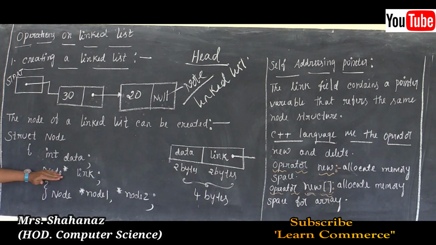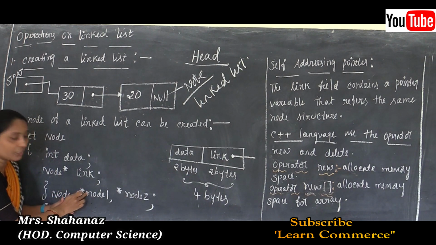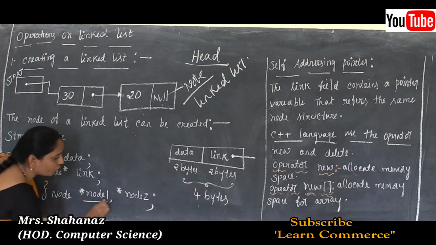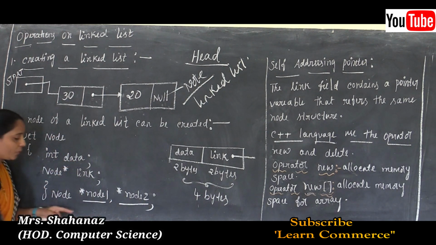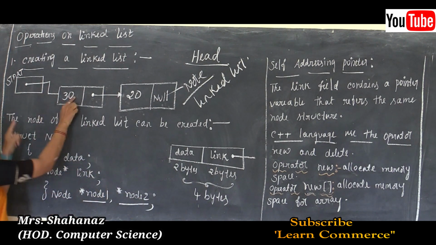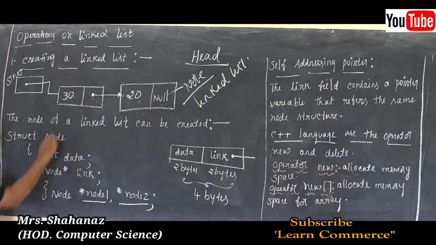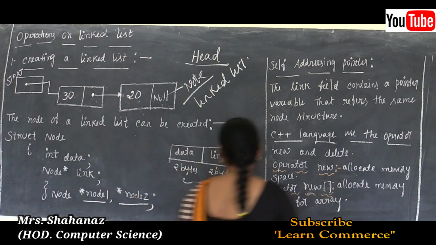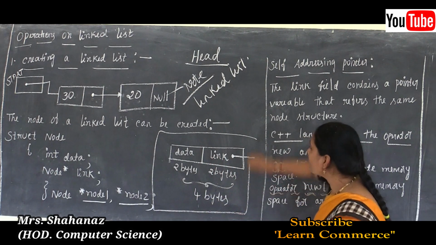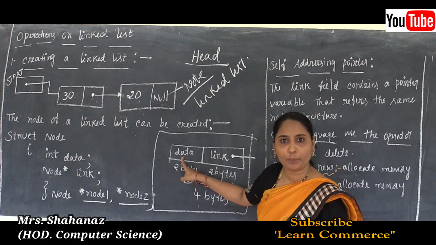This we need to declare here, and finally, how many nodes do we need? This declaration creates two nodes. How do you know about this? We created two nodes because of pointer node 1 and pointer node 2, which create two nodes in the linked list. So this is about the declaration. The declaration of the linked list is created by using such code. And about our diagram, in this diagram we can say that the data is the information field.